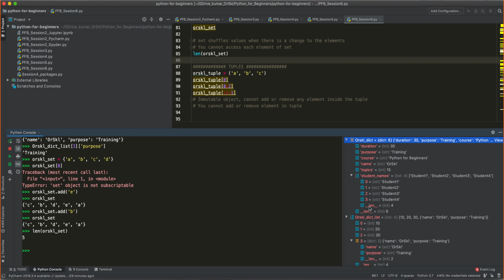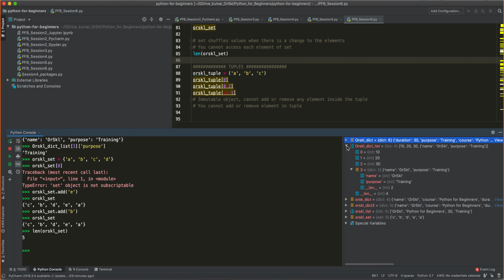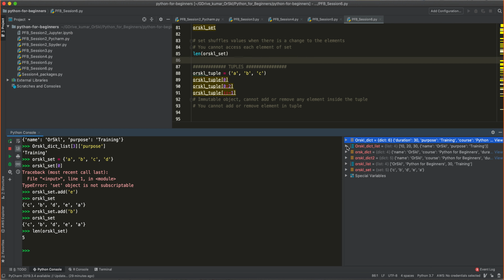This is another reason why PyCharm is a real help for any programmer. As soon as you create a variable, you can use this console to see what exactly is created in your system without even writing a command. All right. So this is one of the help consoles that I really wanted you to know.